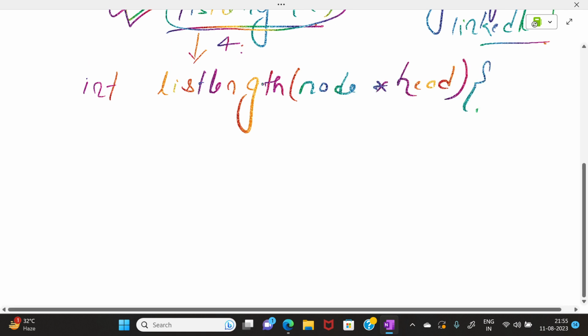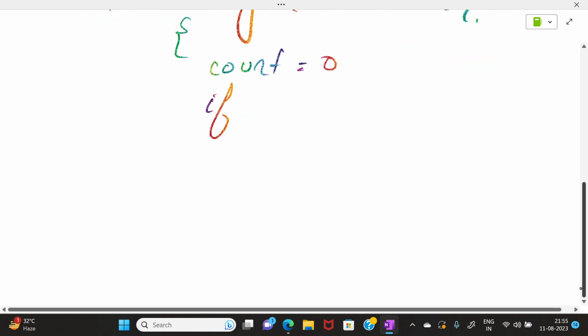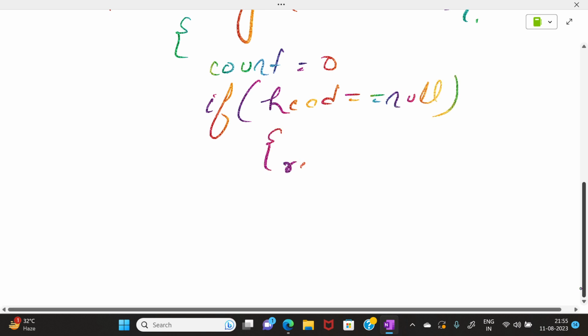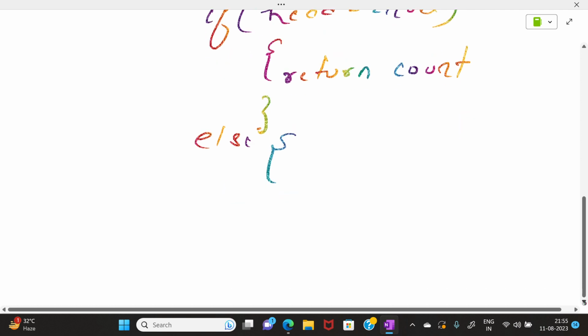And we were having a count equal to 0, right? And we were checking if head equal to null, then we were returning the count as 0 only because the list is empty. Otherwise, in the else part,